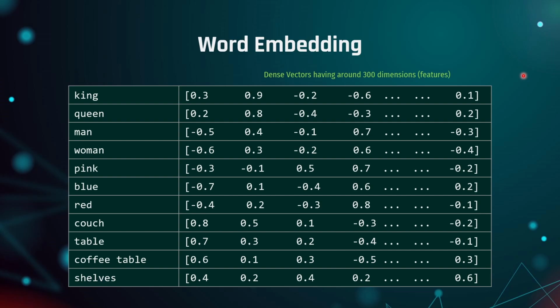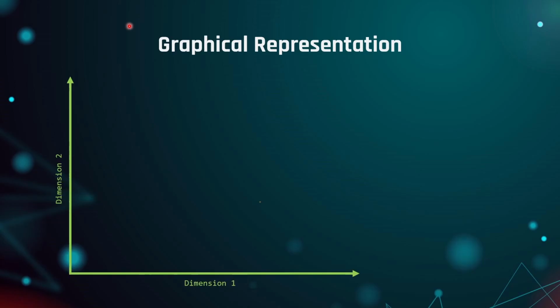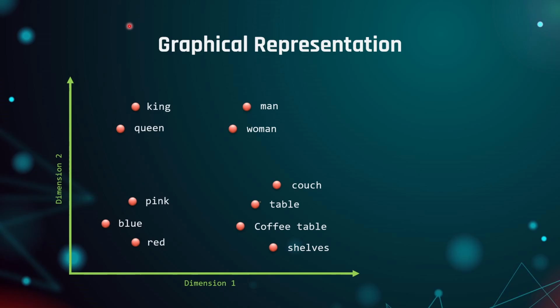So we know that dense vector, it has around 300 dimensions. এখানে প্রত্যেকটা ওয়ার্ডের dense vector representation, it has 300 dimensions, 300 features. So কিভাবে আমরা 300 dimensional একটা ভেক্টরকে একটা 2D স্ক্রিনে প্রেজেন্ট করব, right? It's not possible. So for simplicity, say আমরা প্রথম দুটা ডিমেনশন ইউজ করি এবং একটা 2D প্লট ক্রিয়েট করি, okay? So if we take the first two dimensions and if we plot the words or the dense vectors for that words, we will get something like this. Okay, so